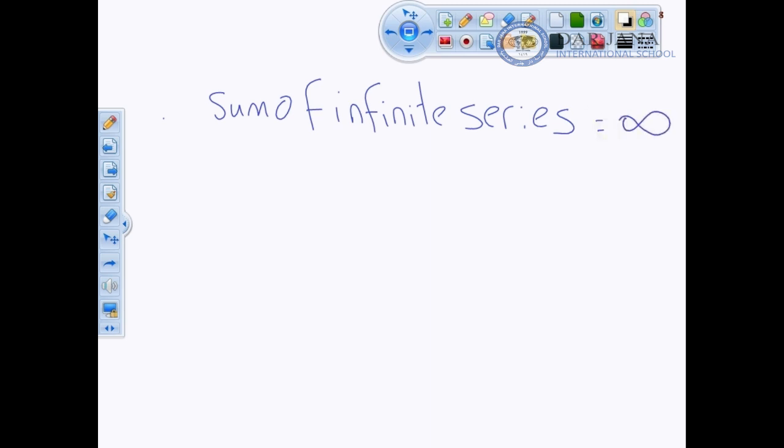The sum of an infinite series is infinity. Why? Since it's infinite. Let's take another example. If you have to find the sum